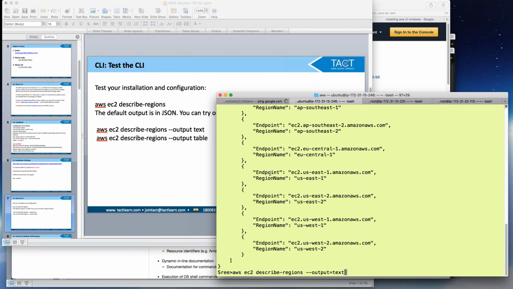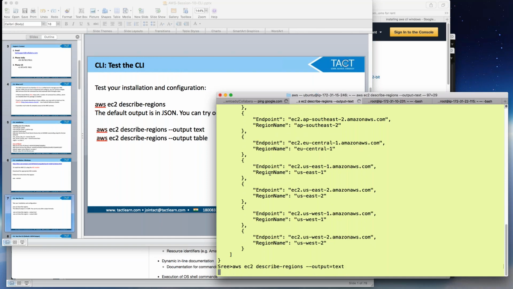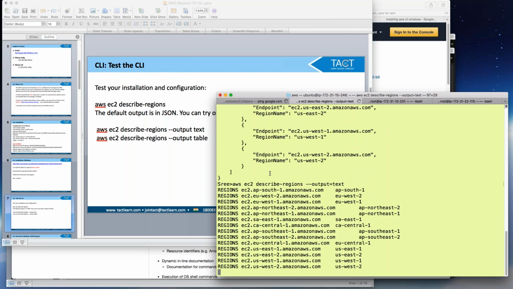Sarvesh says AWS describe region, you must specify a region. You can also configure your region in your config file, where you can specify the default region. Sarvesh is showing an error, so we will address that error, Sarvesh. So, ec2 describe region. If I give output as text,